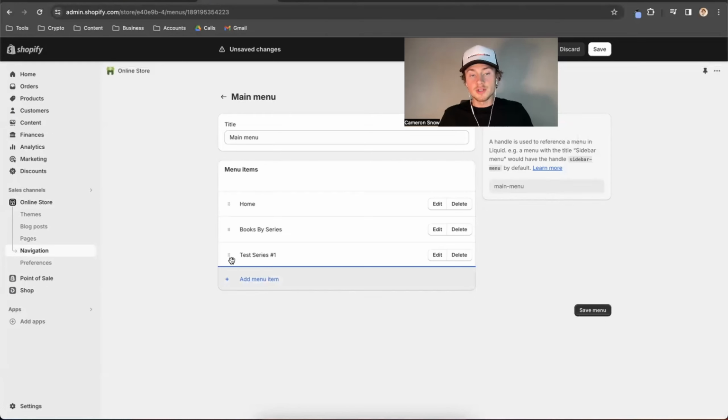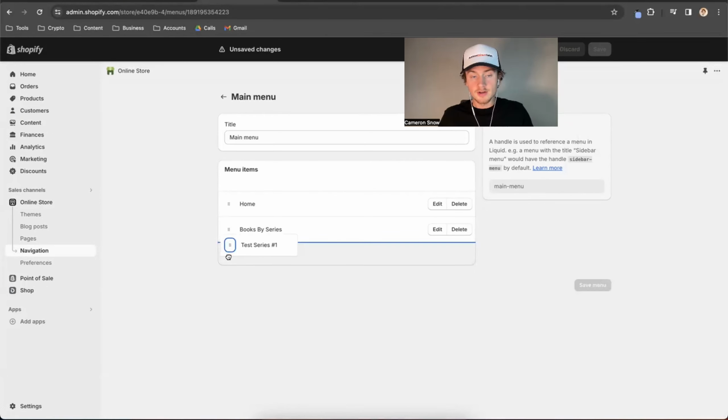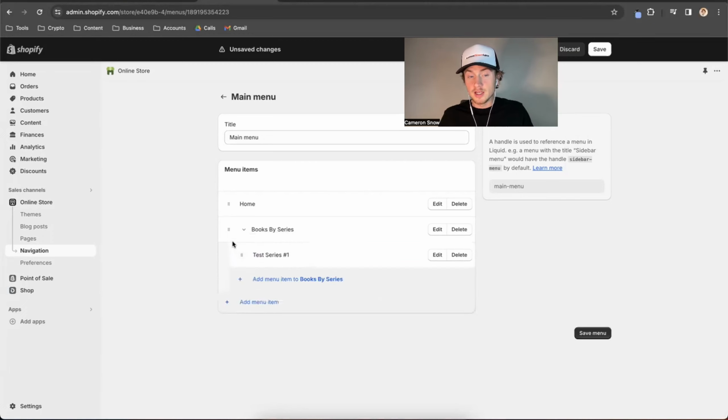Now what you're going to do is grab the test series, or whatever your actual series is. You can see if you move it to the right slightly, it drops it underneath books by series. And now this will essentially be a drop down, which will look like this. If you hit save,